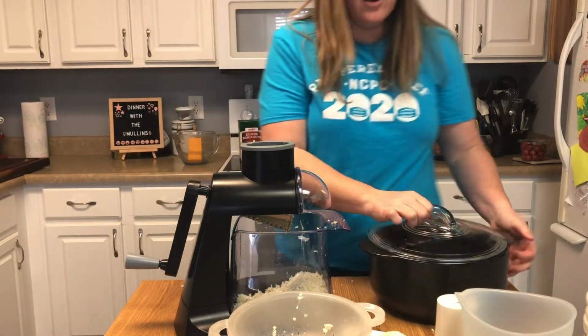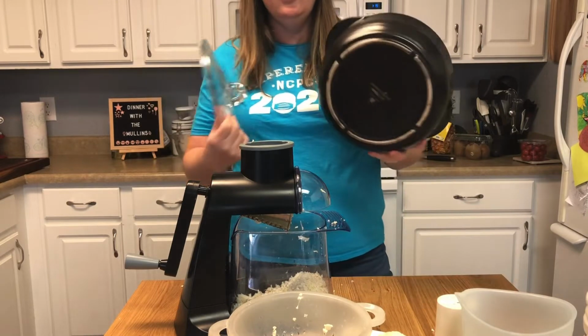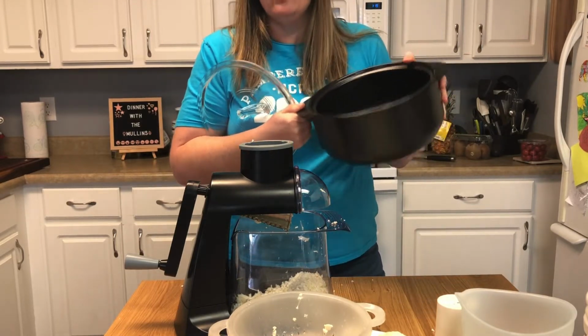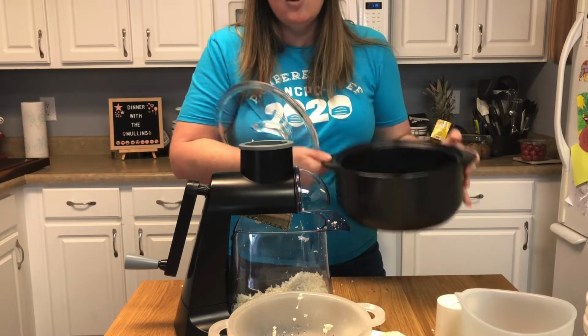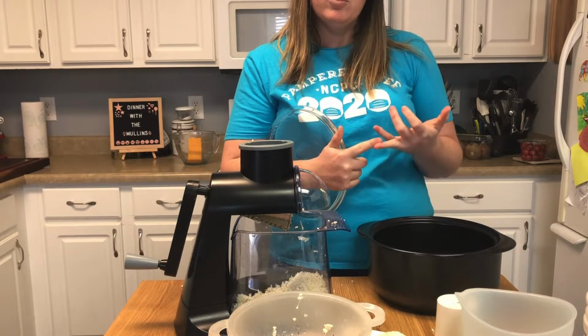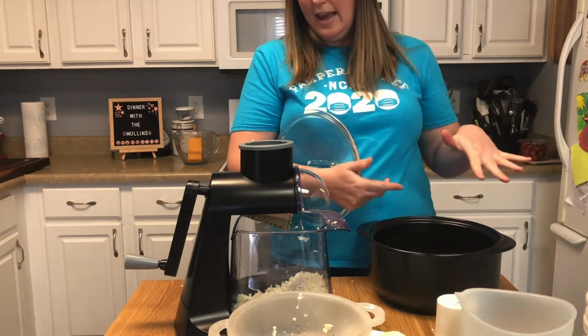All right, we are going to make this meal in our Rock Crock Dutch oven. And you guys, this is like the magic pot. This is a dinner saver for weeknight meals. It's so versatile. It can go on the stove top, it can go under the broiler, it can go in the oven, it can go in the freezer, so if you want to do make-ahead meals, it can deal with frozen,